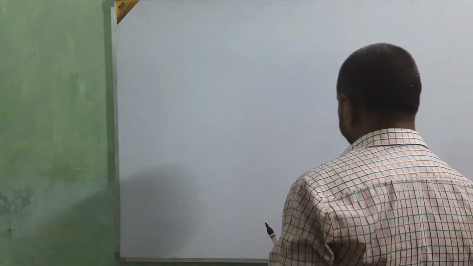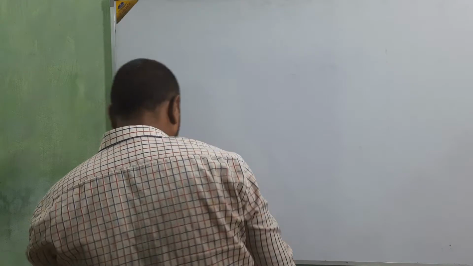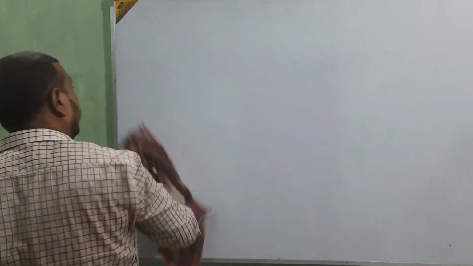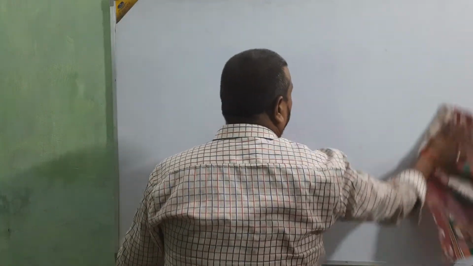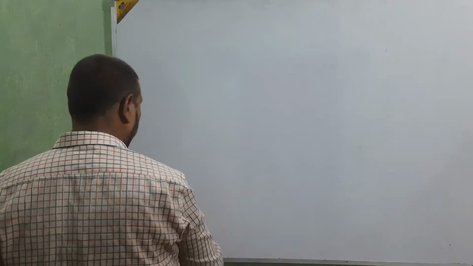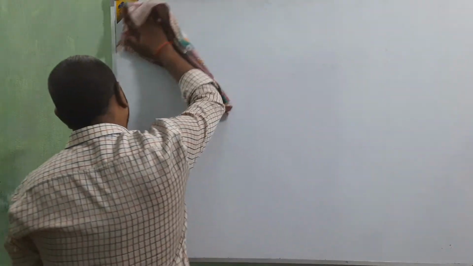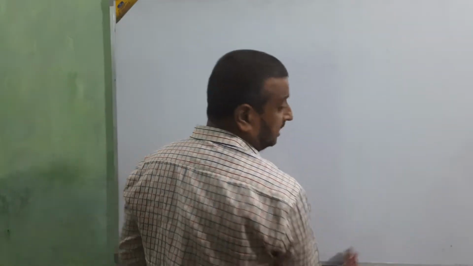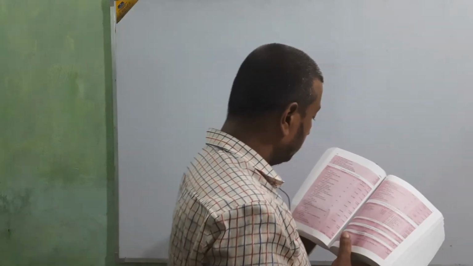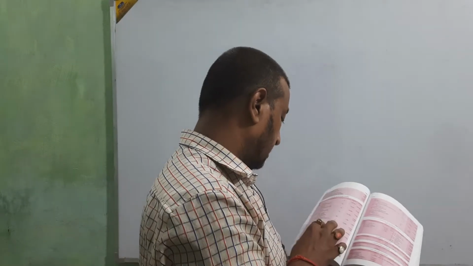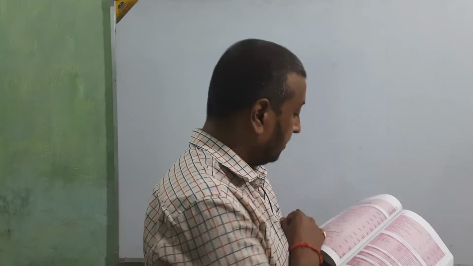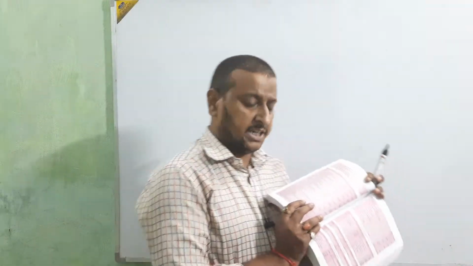I am going to take the illustration because if I do the first entry and then the ledger, that will take more and more time. So I am going to take the illustration, the journal entry read by the students, and then I will make the posting. Okay? Just see this illustration. Illustration number 1.